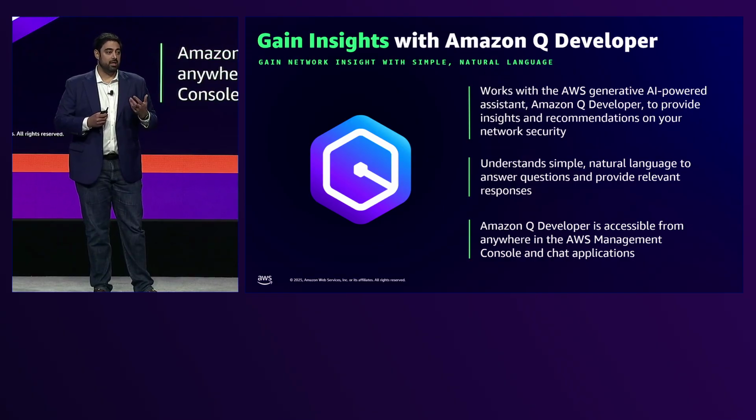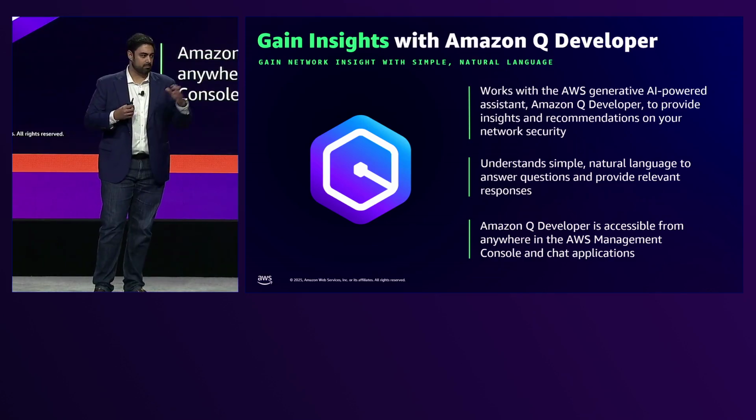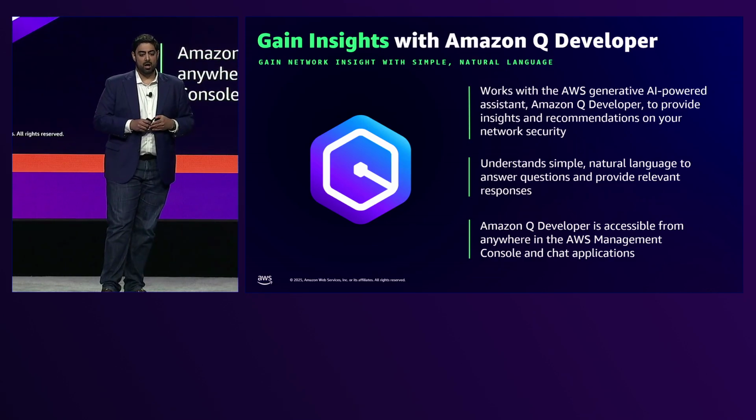With Q, you're able to easily pull this information without having to go through disparate tools, correlate information, pull information together into multiple spreadsheets, and generate a report, PowerPoint slide, what have you. With Q, you get a very succinct natural language explanation of what your issues are, how to fix them, with references to key documentation, so that you can report out to your stakeholders exactly what you need to do so that you can take those actions much more quickly and address gaps before an attacker, for example, identifies them.